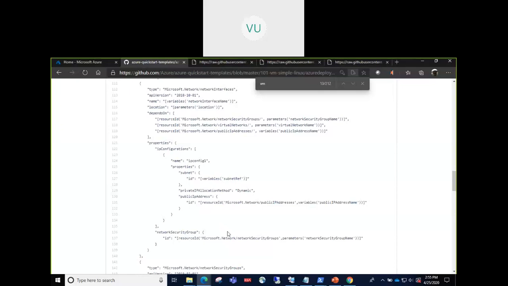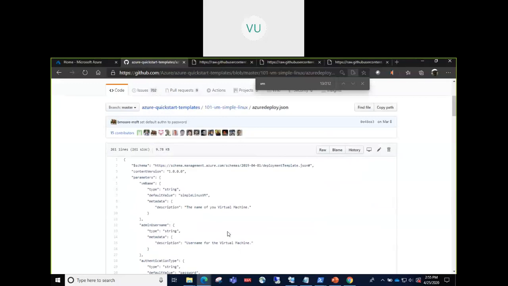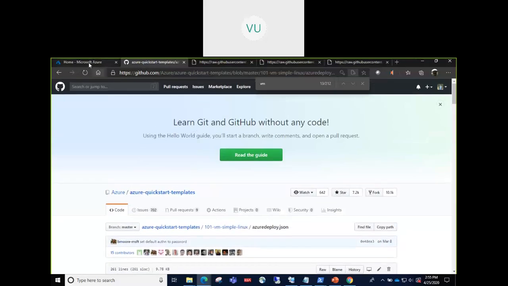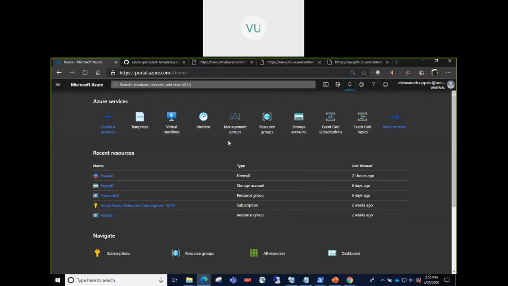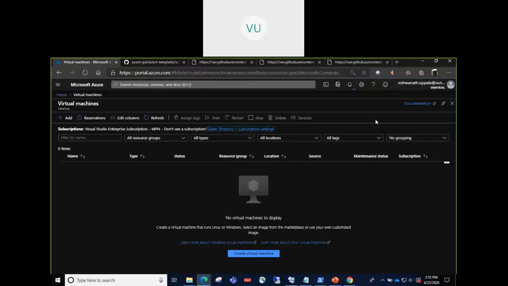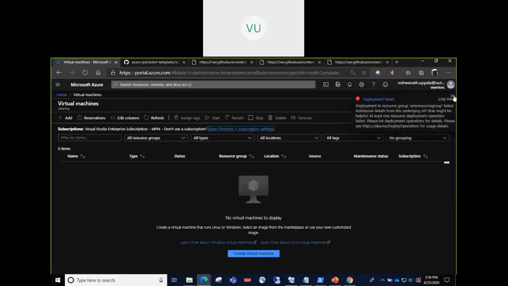We can auto generate it as per our own requirement, or we can use the templates repository which is available on GitHub. To auto generate as per our own requirement, we can create a virtual machine based on our requirements. If you already have virtual machines, I don't have one, so let me switch to my other account.